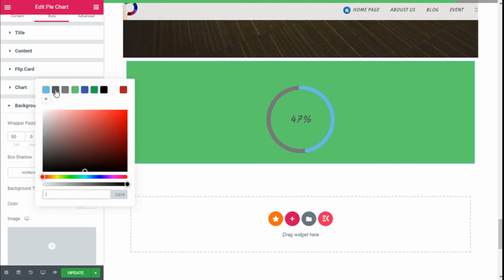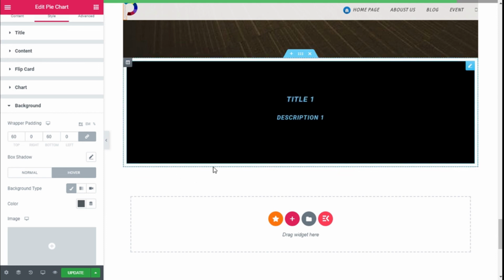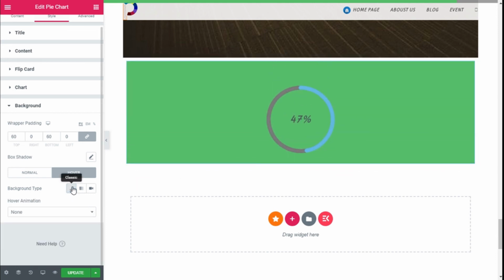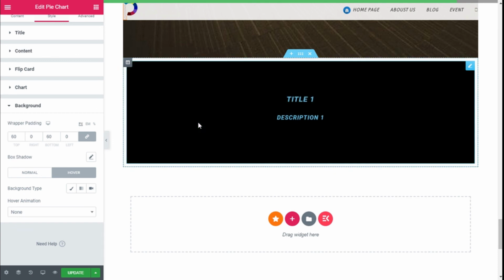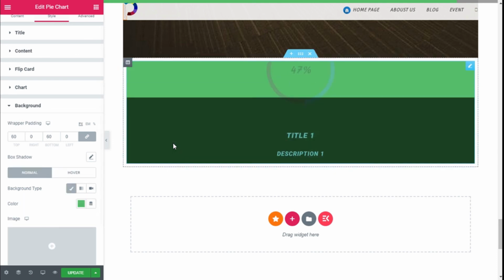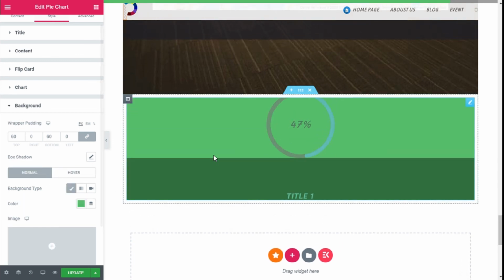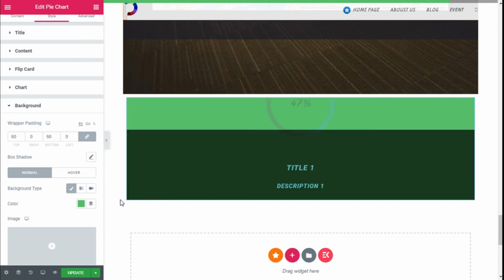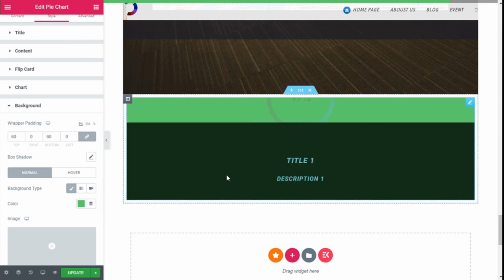Let's see how it works. In the flip card, it will not show much. So we are going to leave it green and without a hover. So we have our flip card pie chart,